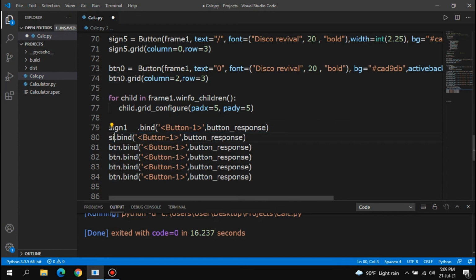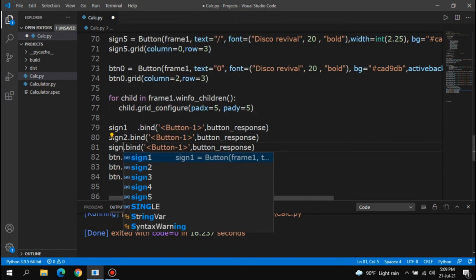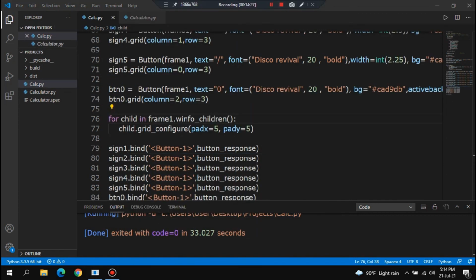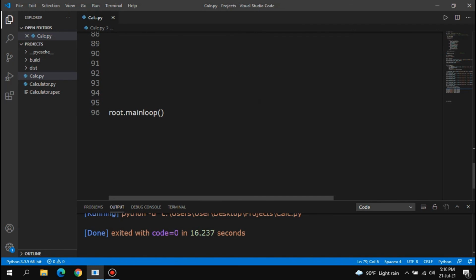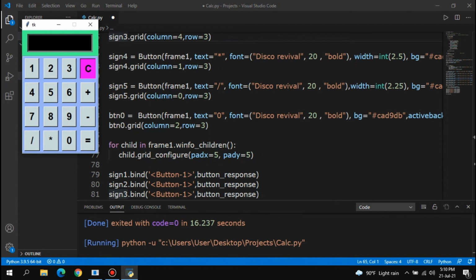And here I have copy-pasted all the code, and I'm just changing those values. This will be for our plus button, minus button, multiplication, division, and equal button. And these variables which I created earlier are working,